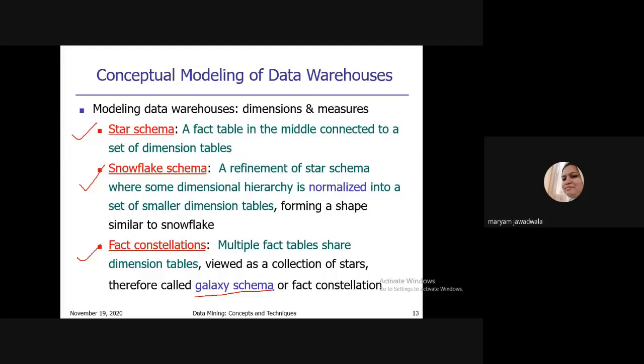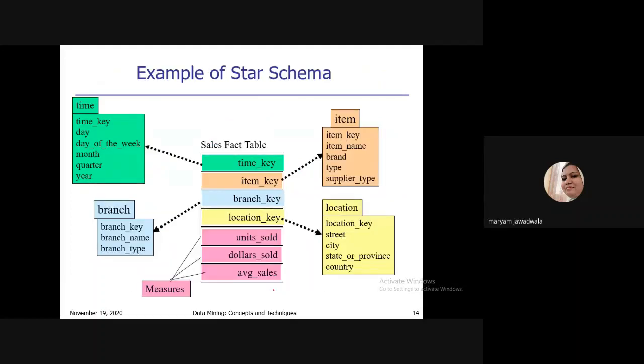It is viewed as a collection of stars. Means if you combine more than one star schema in one schema, then that schema is known as fact constellation schema or galaxy schema. Okay, don't worry, I will give you an example of each and every schema.